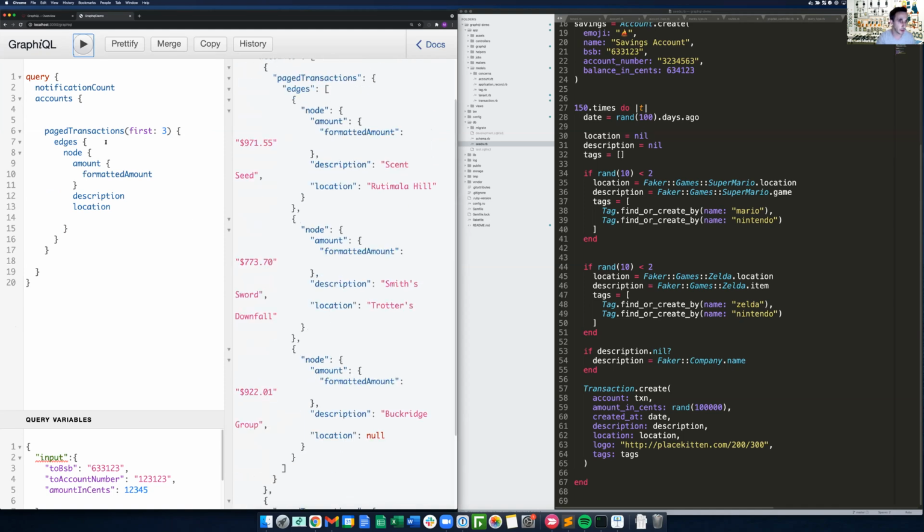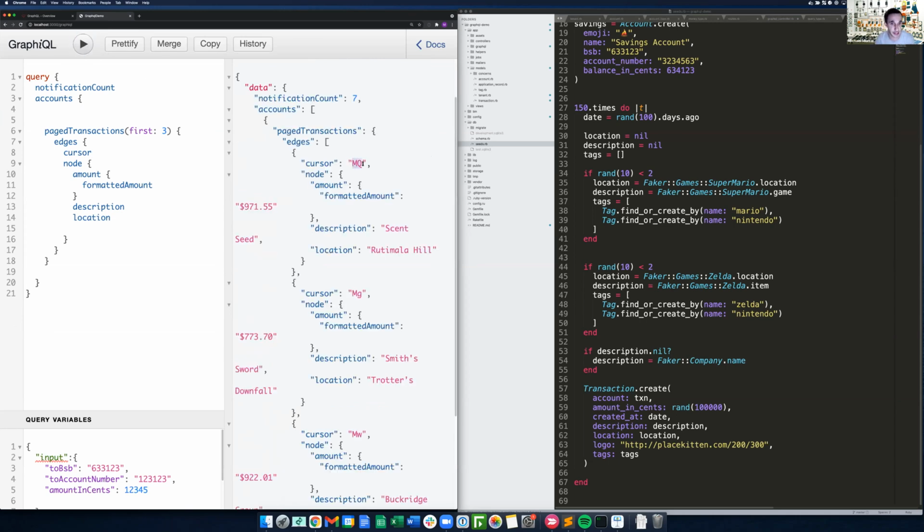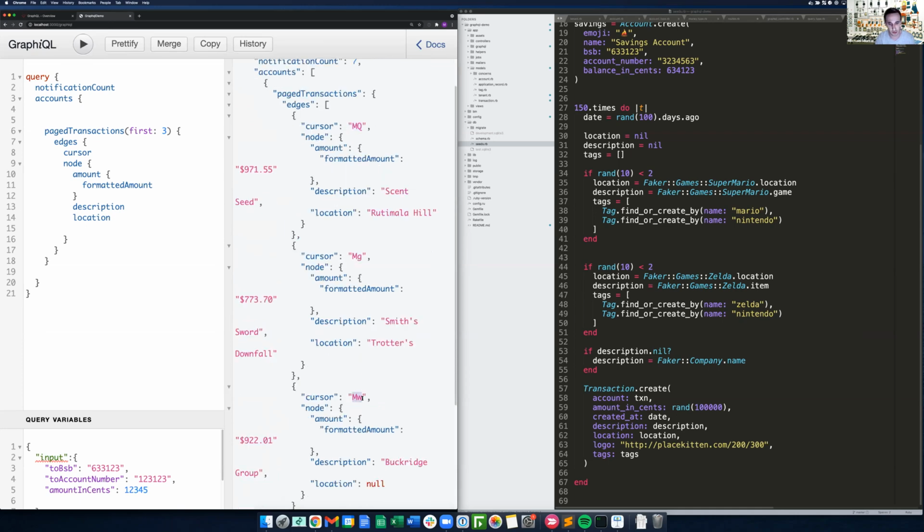But on those, you also have a cursor. So this is again straight out of the box, provided by GraphQL Ruby, and the cursor is built off the active record ID. It's actually a base 64 encoded active record ID, and this works out of the box if you're using Relay or Apollo as a client to GraphQL. But we can say, okay, the last transaction we got was MW. So then you can add to this after MW,